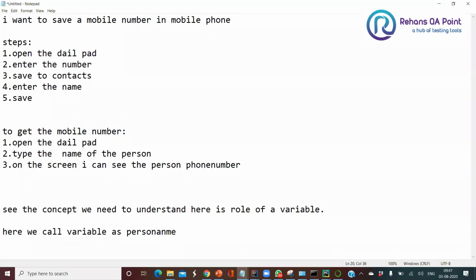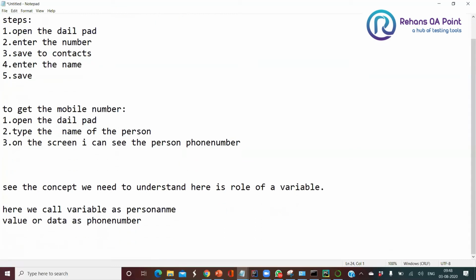We're going to call the variable as person name, and the value or data as the phone number. So from this example,